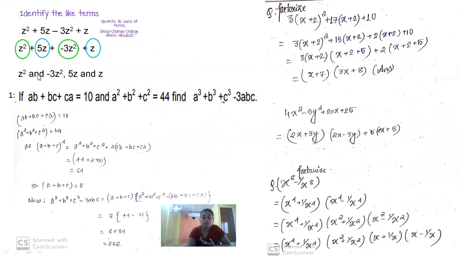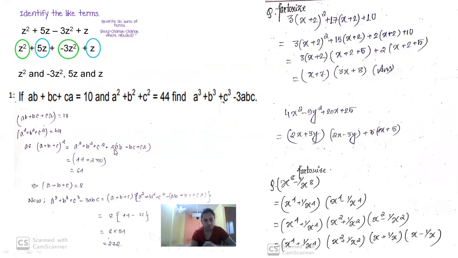So they are put in a blue circle. In the second numerical, you are given AB plus BC plus CA equal to 10, A square plus B square plus C square equal to 44, and you are asked to find A cube plus B cube plus C cube minus 3ABC. Okay, so as you know, A plus B plus C whole square is